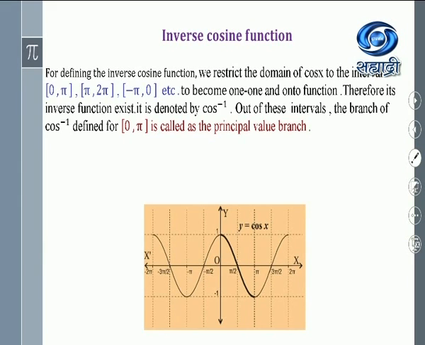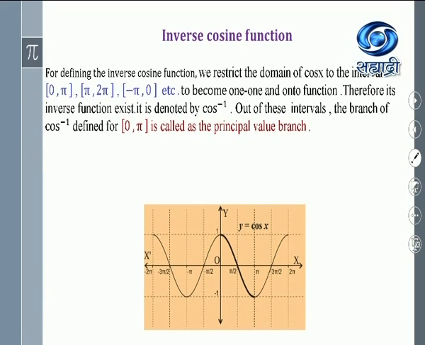It's a very, very interesting and easiest method to check whether the function is one-one or many-one. If I consider this part of the curve, that is the branch from -pi to 0, see, from -pi to 0, we are having this branch. So for such types of intervals, the branches are one-one and onto. So for each of the intervals, we can define cos inverse.